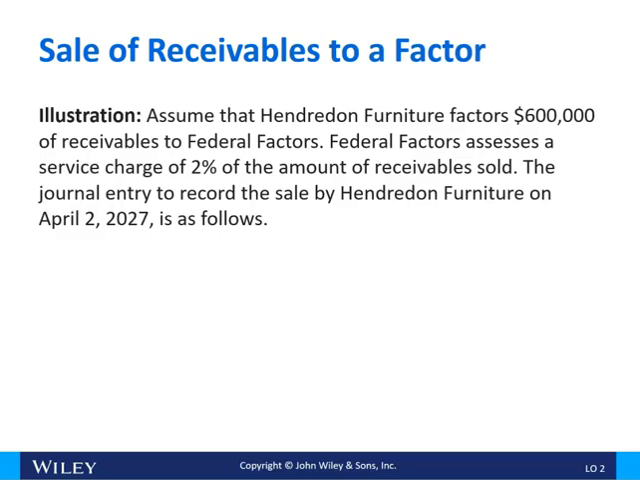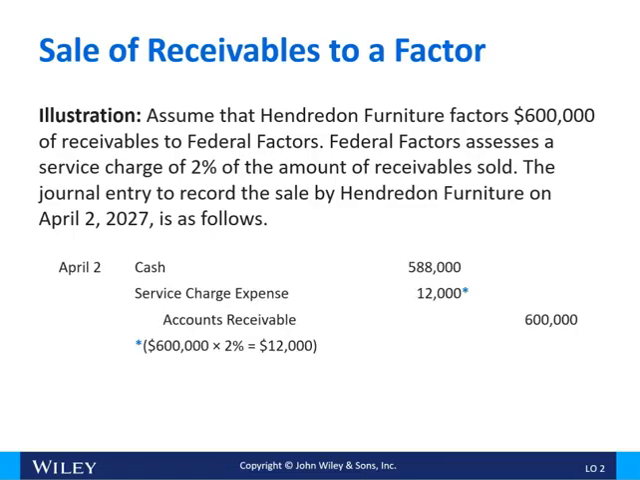So we'll look at Henderdon Furniture. We're going to factor, or sell, $600,000 of receivables to Federal Factors. Federal Factors assesses a service charge of 2% on the amount of receivables sold. The journal entry to record this would be debit cash, credit accounts receivable, and then debit service charge expense for the amount of